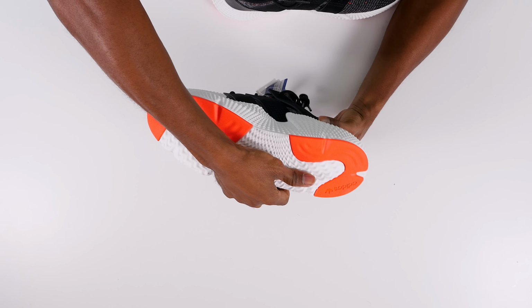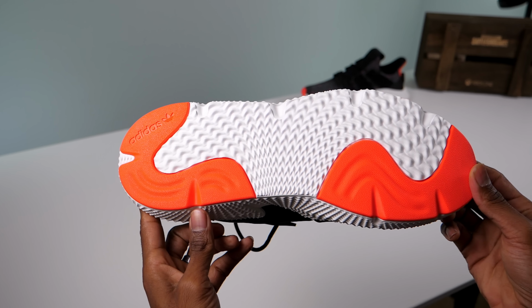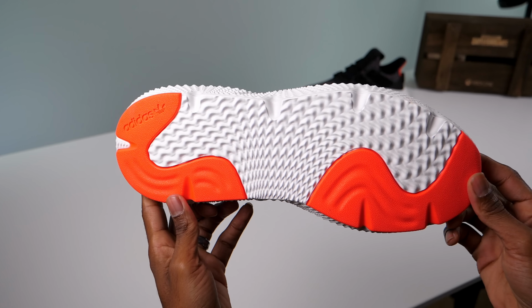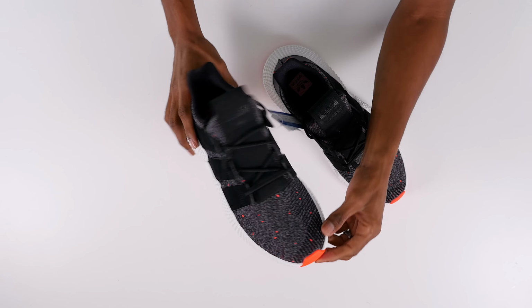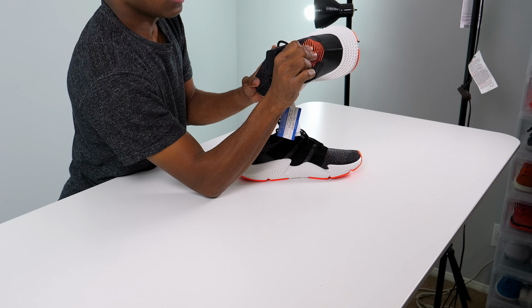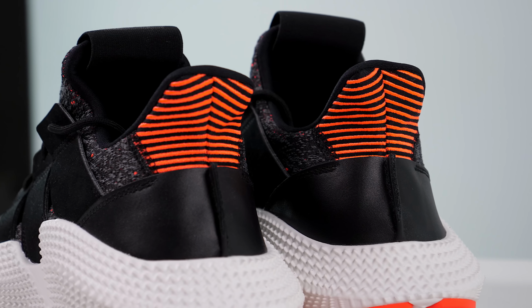I imagine this is just some sort of TPU, but then they have a little bit of rubber here at the heel and then some here at the toe. And for the colorway for this one, which is something that I really like, they're using solar red, and you can see the solar red at the toe and also see it a little bit pop out here at the heel, and then it's also on the heel here near your Achilles, and then it's scattered throughout the knit